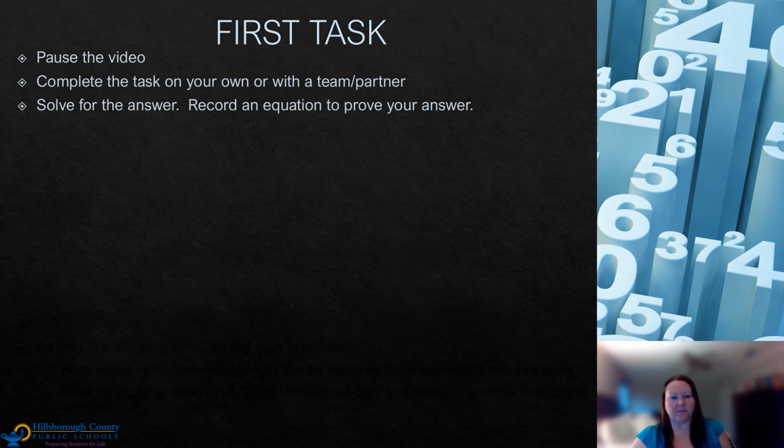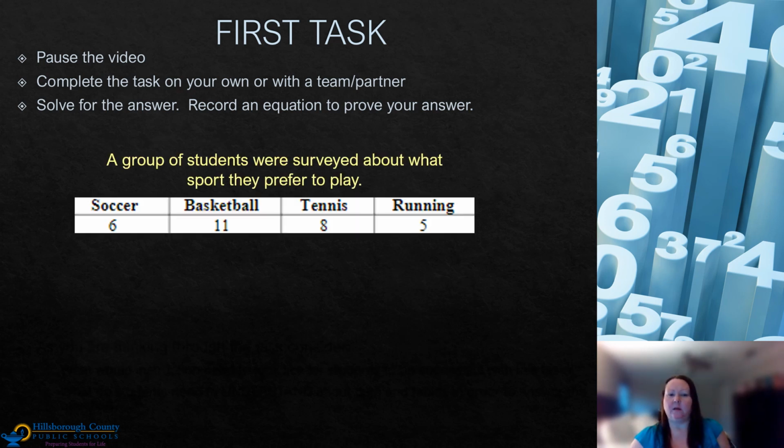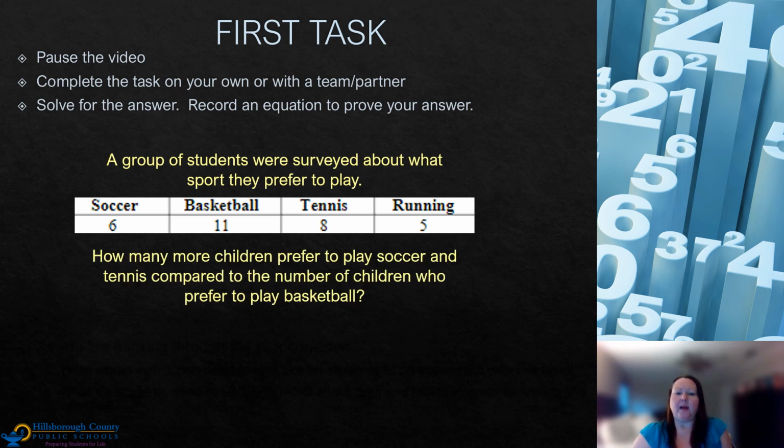For your first task, I'm going to have you pause the video. You can complete the task on your own or with a partner. You're going to solve for the answer and record an equation to prove your answer. So the task is, a group of students were surveyed about what sport they prefer to play. You can see the data below. How many more children prefer to play soccer and tennis compared to the number of children who prefer to play